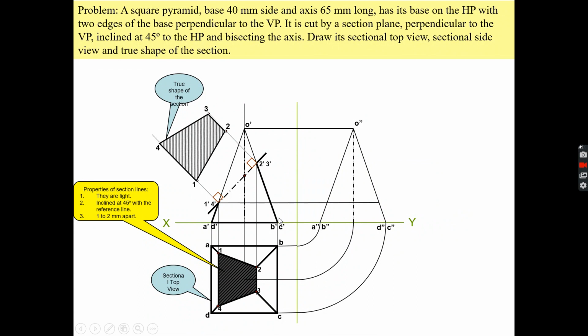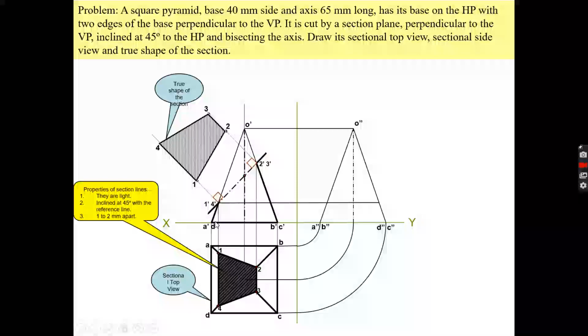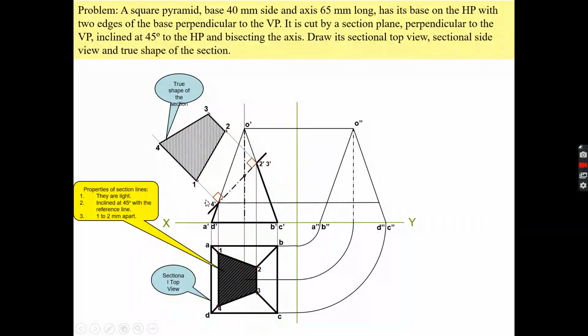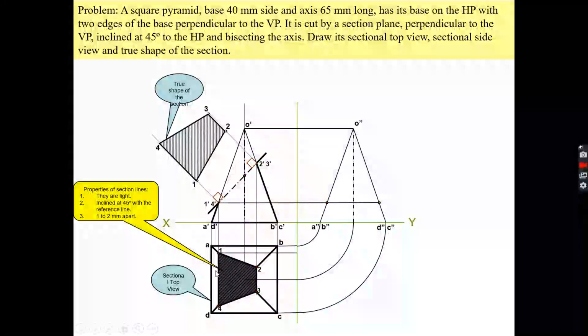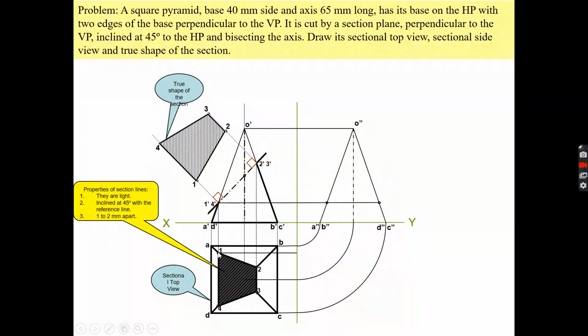Okay, now points 1 and 4, and points 3 and 2. So from points 1 and 4, you are drawing the projector. This point 1 will be on the OA, so this is your OA, so point 1 will be here. Similarly, point 4 is on the slant edge OD, so this is your O double dash D double dash, so point 4 will be here. Okay, similarly, you can transfer the points from here also. This is your point 1.